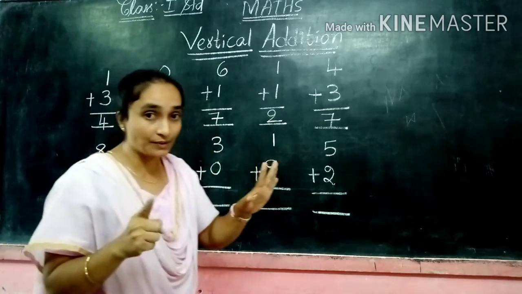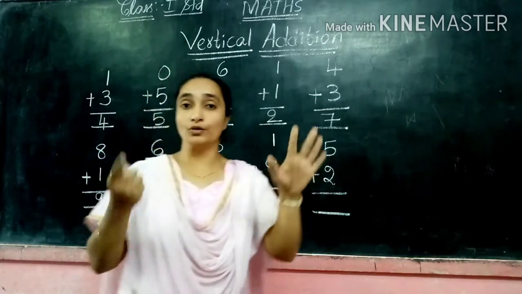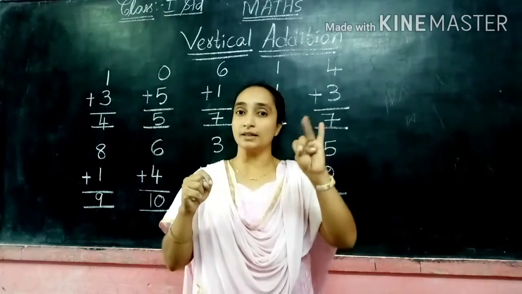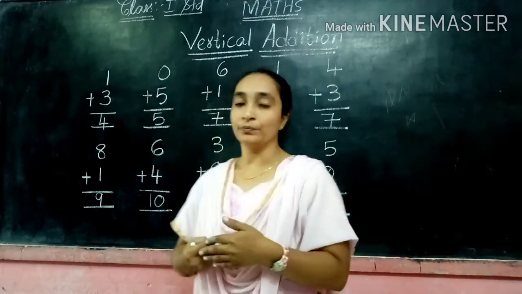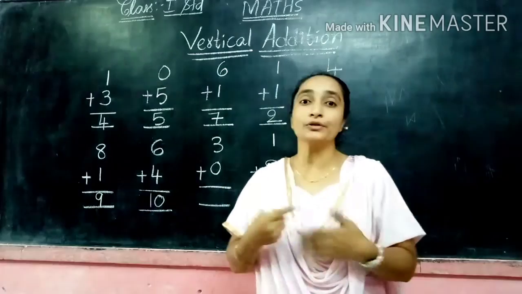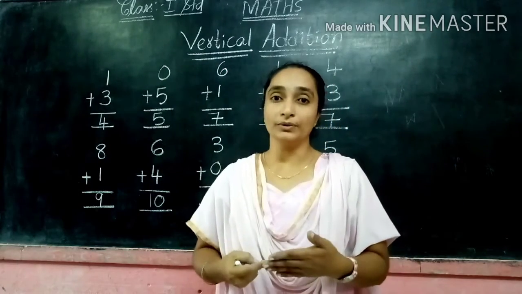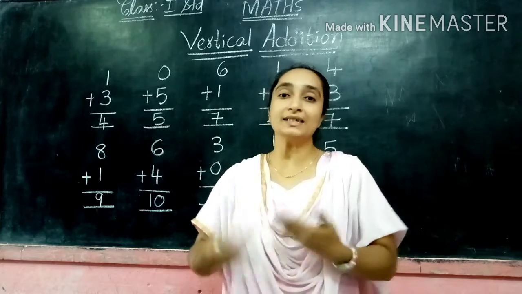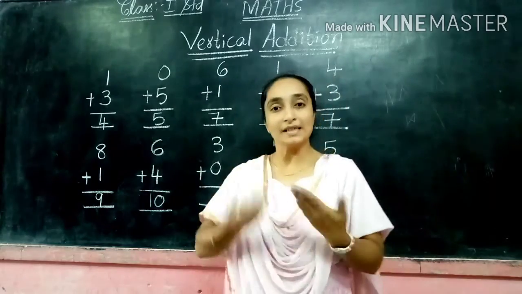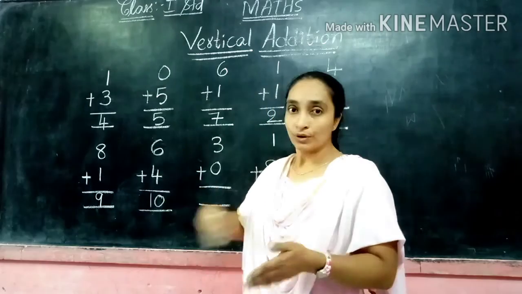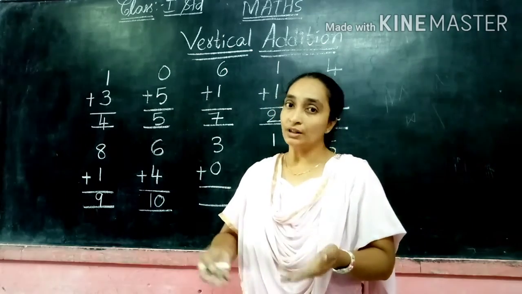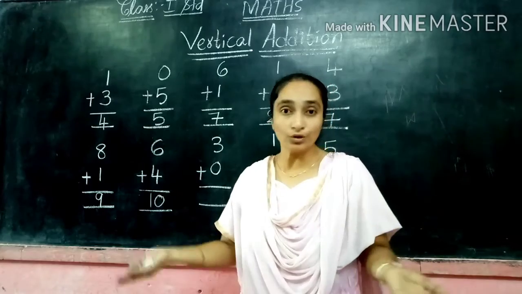So we have to take the 6 fingers and the 4 after we have to count: 5, 6, 7, 8, 9, 10. It will take a long process. This is the very easy method. So in additions, children, always you have to take a small number. If you take a small number then counting is easy. Anyhow you will get the same answer, because we are just changing the order. If you change the order also in addition, the answer will be the same. So then no need to worry.